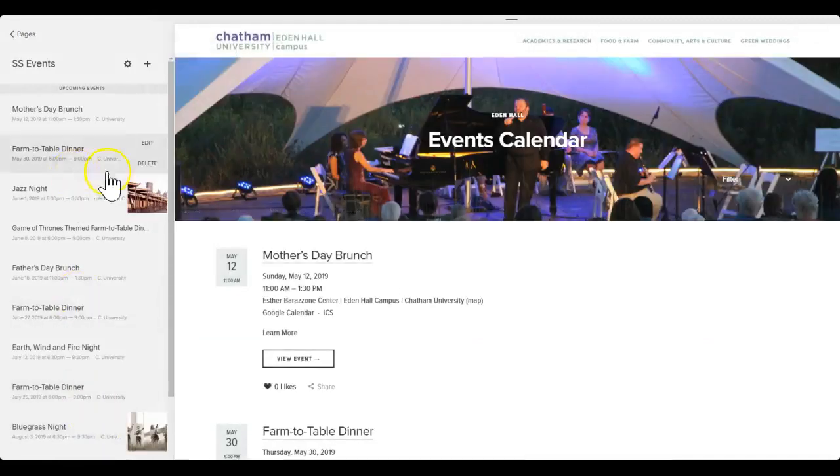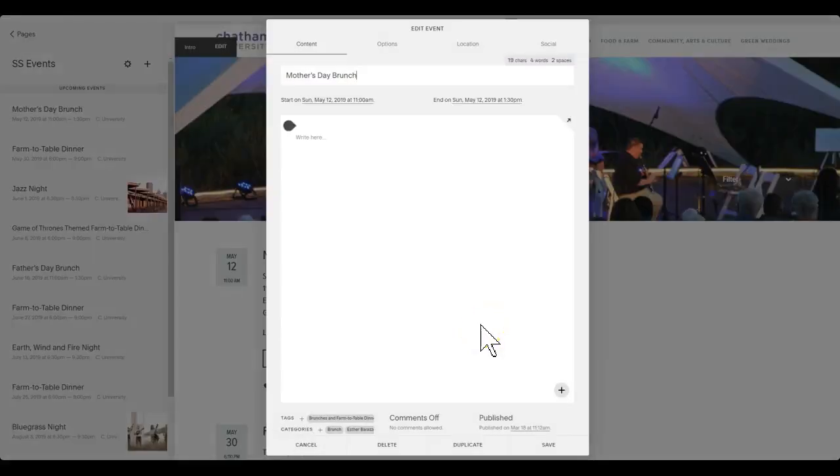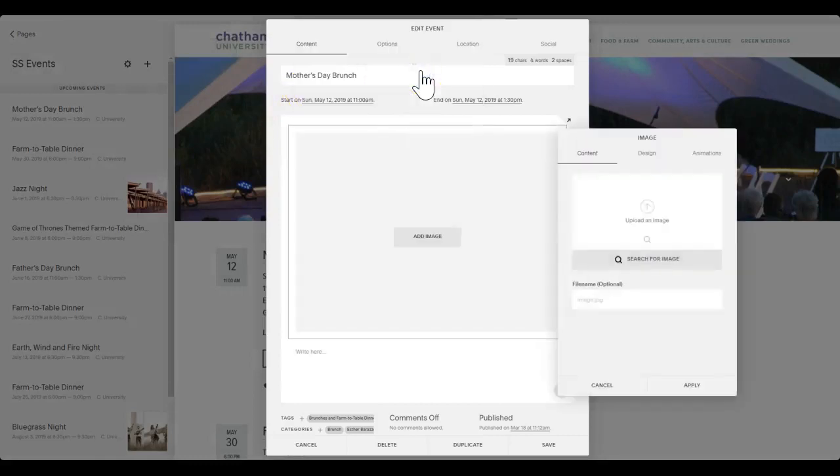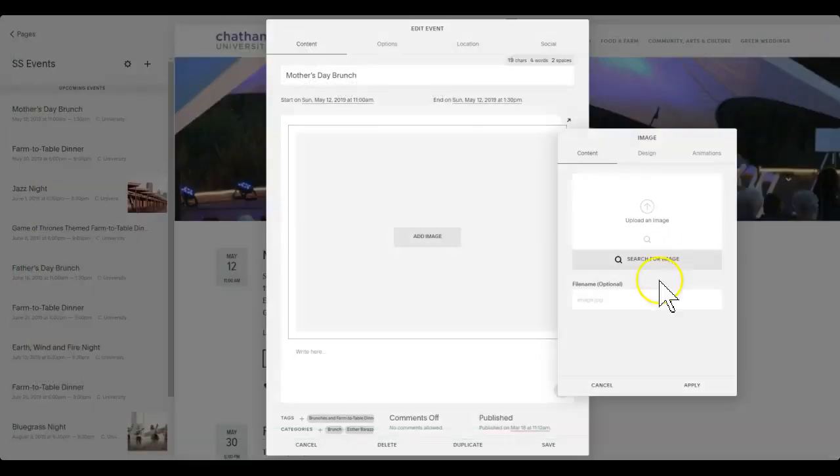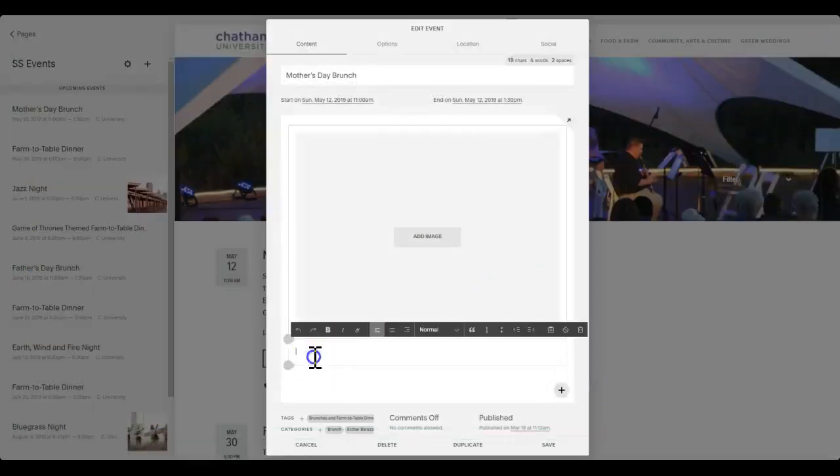Okay, so you'll see every event that we've added, both the events for the summer concert series as well as the events around brunch and farm-to-table dinners are listed here. And so the way you edit details or add details is you find the event you're interested in and you click Edit. And then adding a picture is as simple as clicking on here and saying Image, and then uploading an image from somewhere on your website or on your computer, and then you can come down here and type